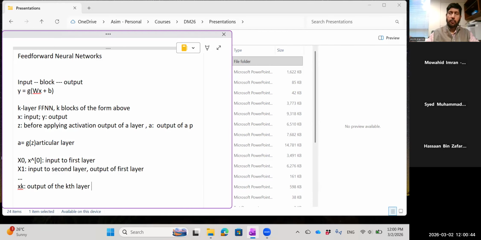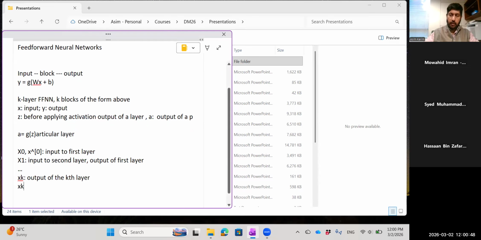We don't have any other input to the next layer. This is the last layer. So of course xk is equal to y in our previous case, ठीक है।